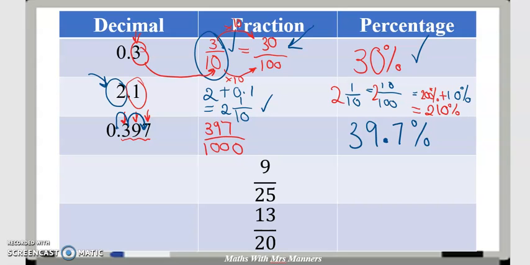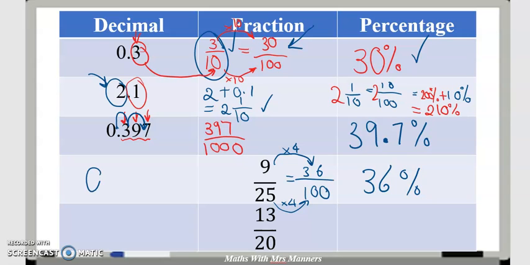All right, here's another example where I can convert the denominator to 100. Wherever you can convert your denominator to 100, please do. So we can do that by timesing by 4. That gives me 36 on 100, and any number out of 100 I can write straight away as the percentage 36%. Now as a decimal, well, I know that 36% is 36 out of 100, and 36 out of 100 is